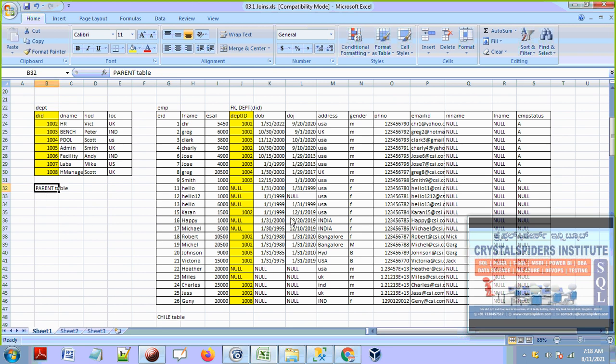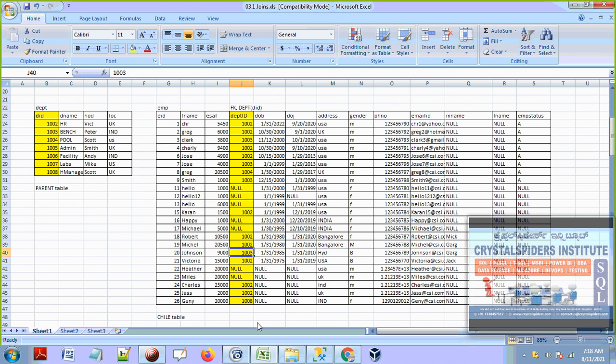Right, guys? So now let's see how many people are there in department 1003. Let's count the bench department. What is the ID? 1003. Let's see how many matches this 1003 has here. Same 1003, it is matching here: 1, 2, 3, 4.